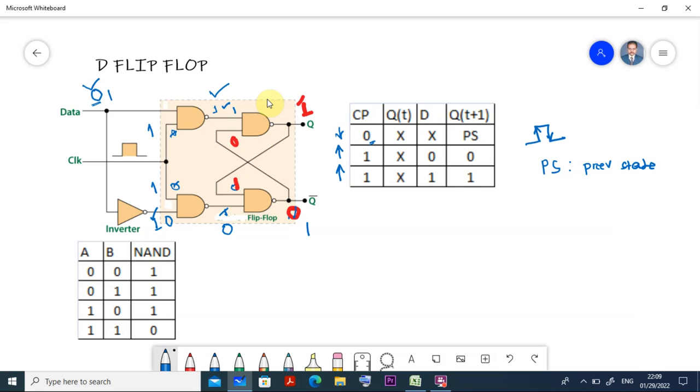And what is the output here? What output did we get here? Here the output I got already is 1. So when it is 1 and 1, it is 1, and it becomes 0 here. Okay, so it becomes 0. Then what is the output? Output becomes 0. So Qt plus 1 becomes 0. Are you following me?